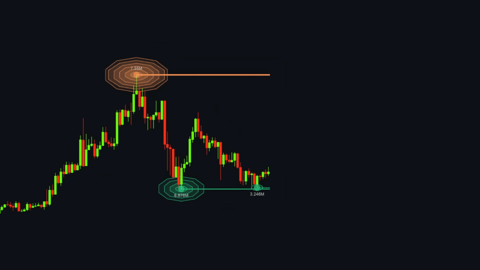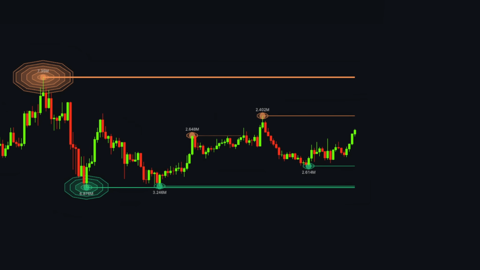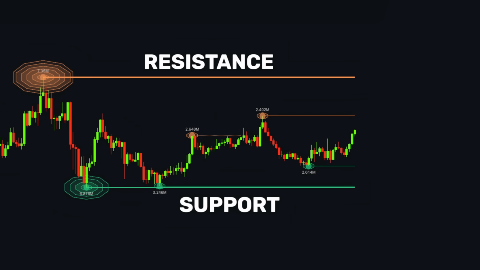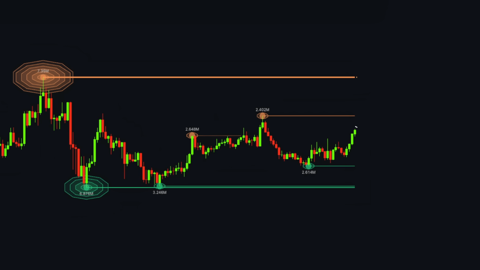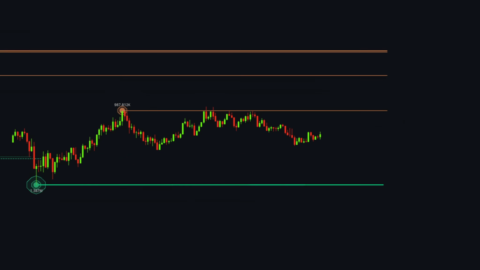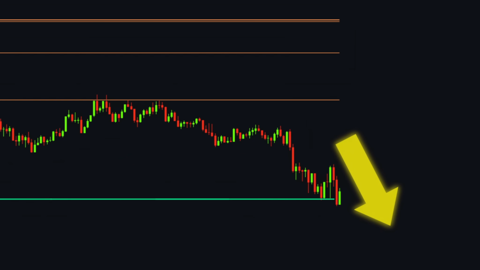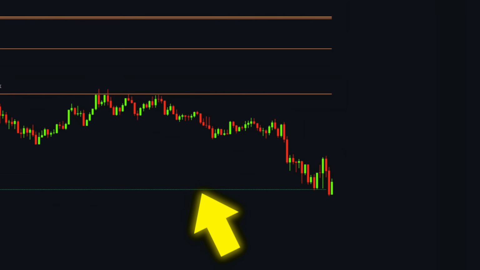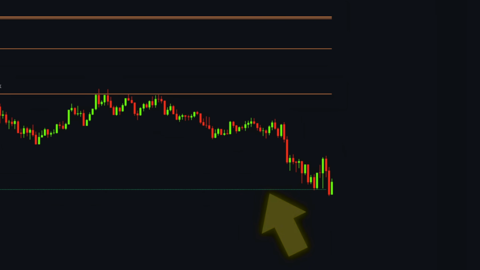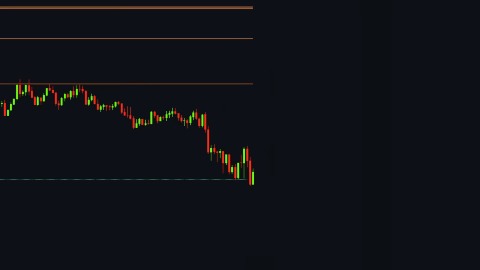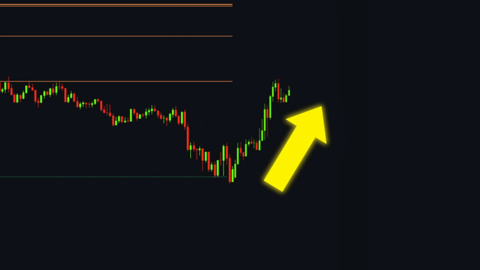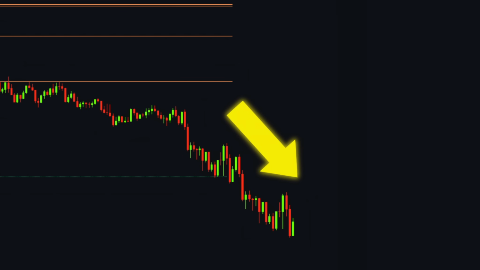But it doesn't stop there. As the price moves, the indicator draws horizontal support and resistance lines from these high-volume pivots. These lines become critical levels where price often reacts, either bouncing off or breaking through. One of the most powerful features is how it handles liquidity grabs. When price crosses one of these high-volume levels and snatches liquidity, the line automatically changes to a dashed format, giving you a clear signal that institutional players might have just made their move. This feature helps you stay ahead by identifying areas where the market might reverse or continue its trend, depending on